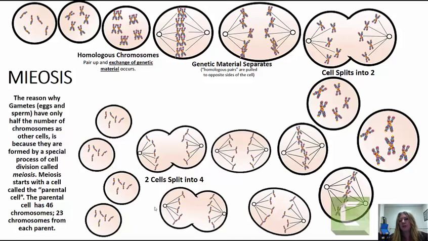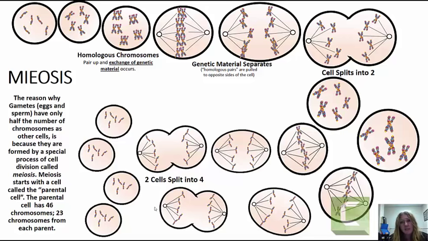Now, at this point, you have two separate cells. Each of those cells has chromosomes which are in the X shape, but you might notice here that you're only going to have 23 chromosomes at this point. Those 23 chromosomes have two sister chromatids, and they are now a mixture of mom and dad. They're no longer just one or the other because they've been shuffled. That event, if you want to know, is called crossing over, by the way.